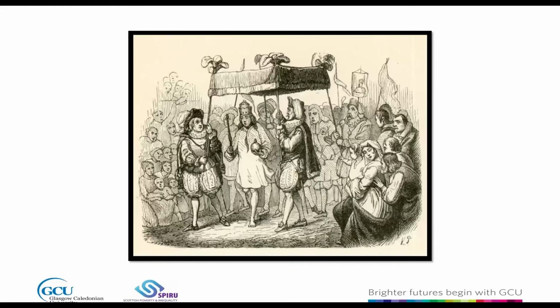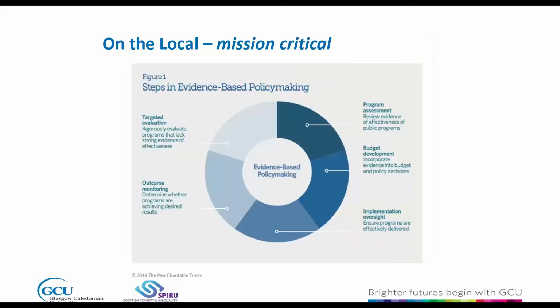So let's move on to think about the local, which of course is going to be the focus of the next two presentations. But if we move on to the next slide. This is what's mission critical. Not looking at national data, not looking at how national data is disaggregated locally, but thinking about the local issues that we need to focus on. And as I say, the next two presentations with Gena and Megan will build upon this. This is where our energy is best spent locally. Then here are just 5 examples of the types of data that we need for evidence-based policy making, incorporating budget issues, oversight of programmes, monitoring programmes, evaluating specific programmes, or looking at generally the effectiveness of public programmes.